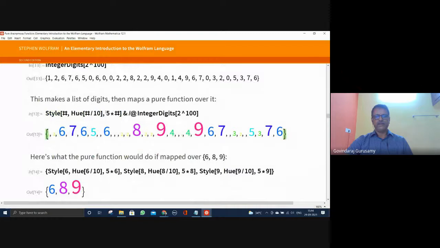You got the point? See, under this style, hash is used in 3 different places for 3 different operations. Number 1, the hash as it is writes the number. Number 2, the same hash divided by 10 is going to change the color of the number you are going to see. Then the size of it.